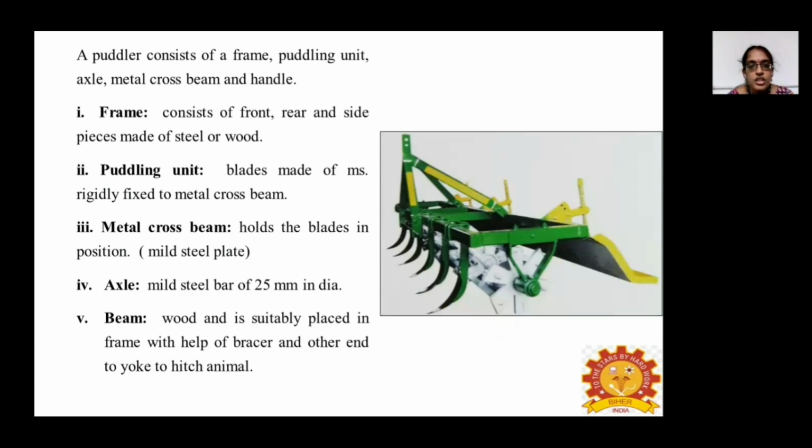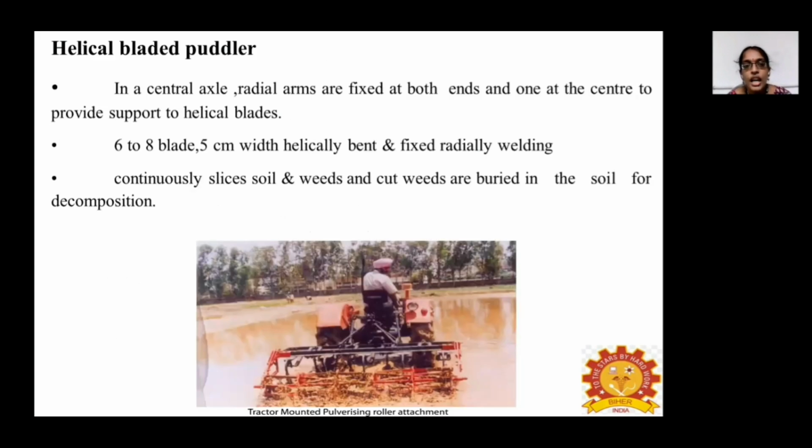The frame, which consists of the front and rear pieces, is mounted on steel or wood, and the puddling unit is made up of mild steel and fixed to the cross beams. The metal beam is used to fix the blade in a fixed position, and the axle consists of a mild steel bar of 25 mm diameter. The beam is normally made up of wood, which is placed in the frame with the help of a brazier, and the other end is fitted to the hitch of the animals. And the helical blade puddler has a central axis with radial arms,